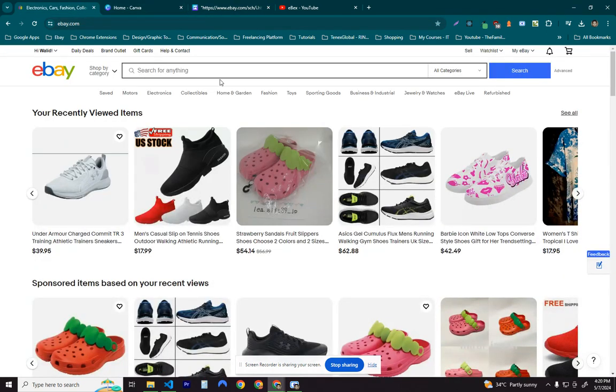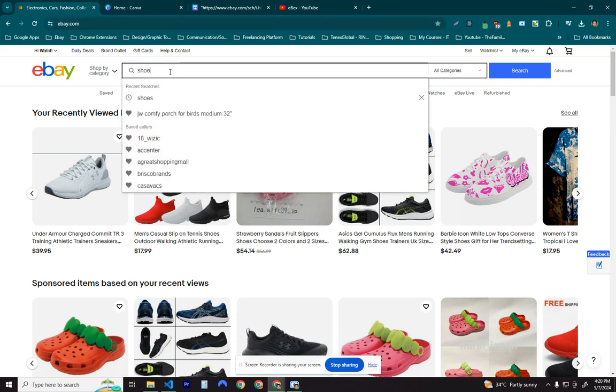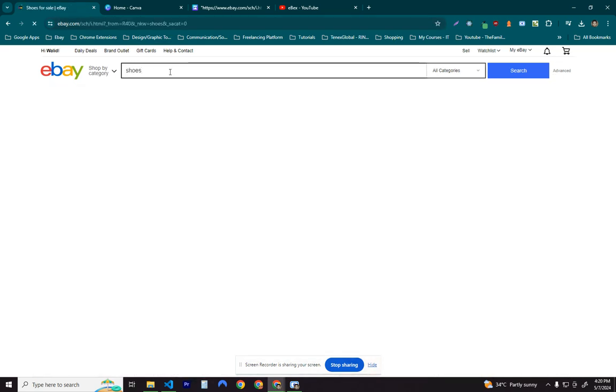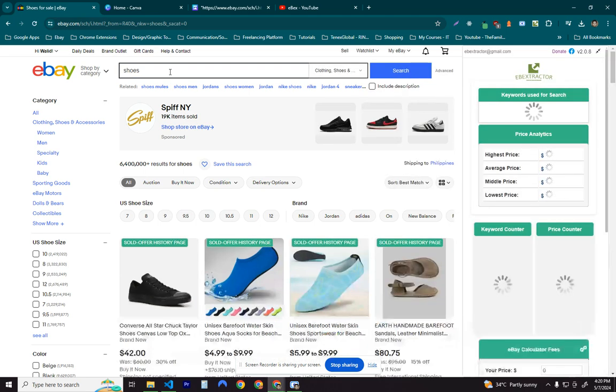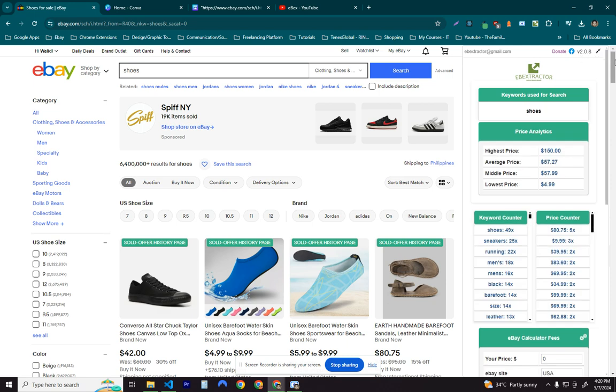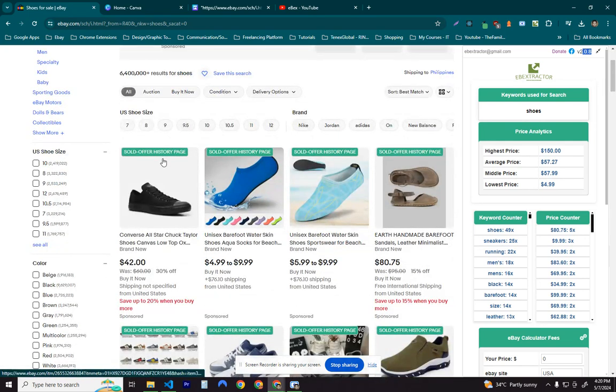So it's very simple to use. You just go to that specific site. For example, I'm going to use ebay.com. I'm going to search shoes and wait. Currently the tool is in version 2.0.8, and the new version has a new feature where